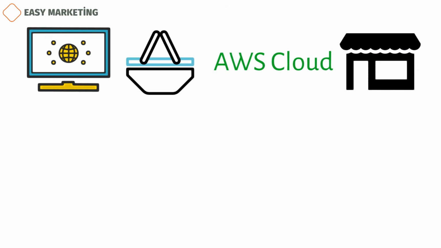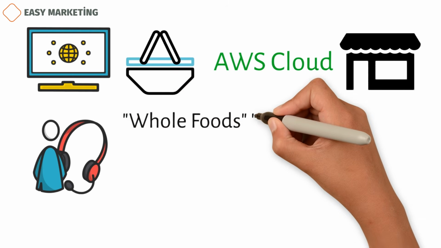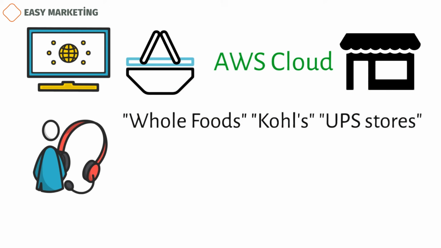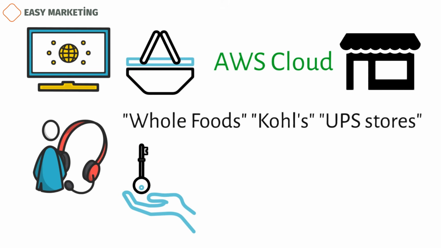Brick-and-mortar stores are places like Whole Foods and a few Amazon stores. Some of Amazon's most important tasks, like customer service, are also done in these stores. You can drop off online returns at some Whole Foods, Kohl's, and UPS stores, for example. Also, if a customer wants to get help in person, they can easily find a customer service rep in these stores.